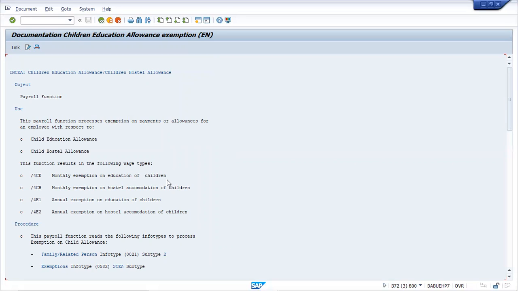You must have info type 21 or subtype 2. If the person does not have a child maintained in info type 21, the way we have seen in your LTA, right? For LTA, we maintain info type 21. So 21 is very much important for all kinds of allowances or exemptions. So info type 21 must have been maintained. Okay, so if you scroll a bit down,